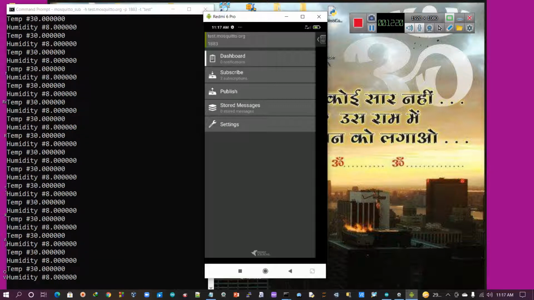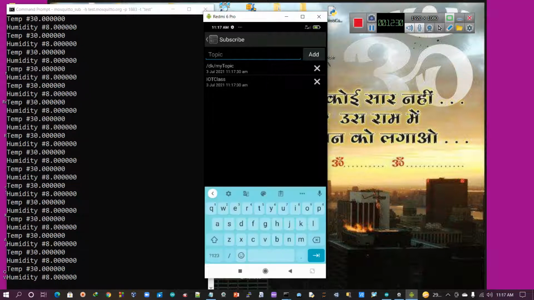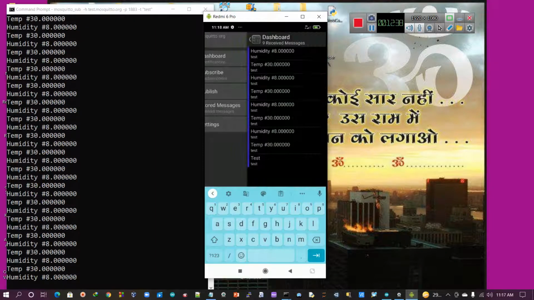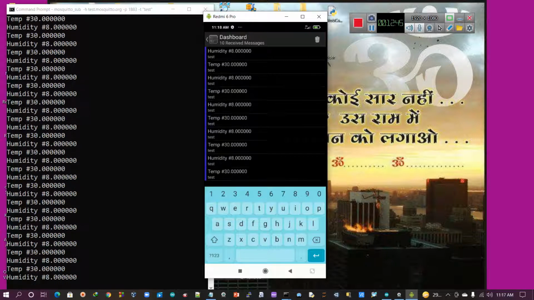But on which topic? On the test topic. So first subscribe, sorry, yes, subscriber. The topic is simple test. Okay, now it is added. Now going to the dashboard, cleaning up this one. Now you can observe that on the mobile I am getting the same information, temperature as well as humidity.